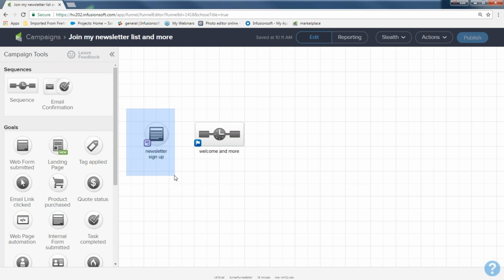Now I have my goal that I'm highlighting in blue to show you. I have my sequence that I'm highlighting in blue to show you, and now I need to connect them together because they're not connected. To connect two pieces of Infusionsoft, two objects in the Infusionsoft Campaign Builder together, you simply hover over the icon to the left, an arrow will appear, grab the arrow, and move it right into the